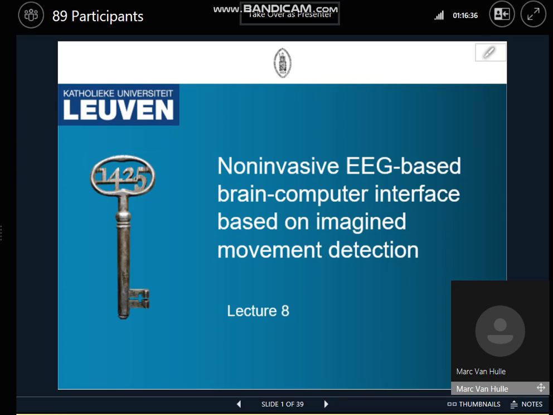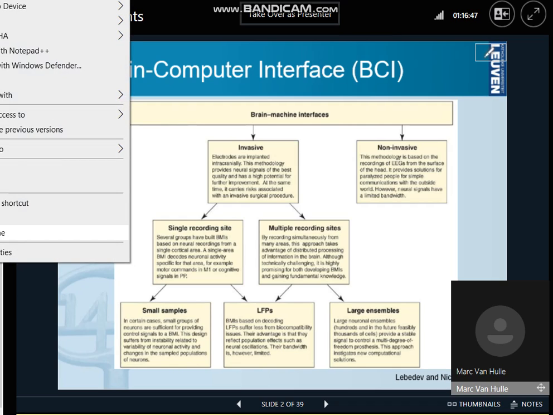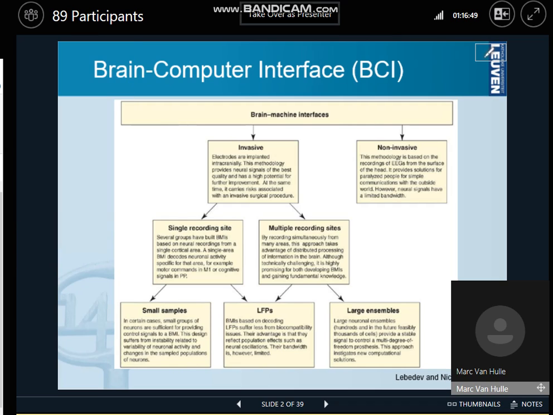And the paradigm here is imagined movement detection. Okay, on slide 1, now slide 2. Yeah, I have a crash here. Yeah, okay, slide 2. Remember, this is a sort of scheme we're using from Michael Lebedev's